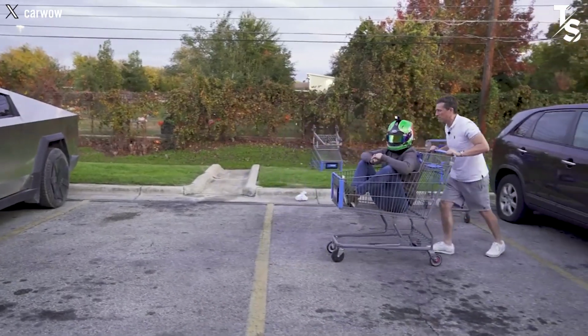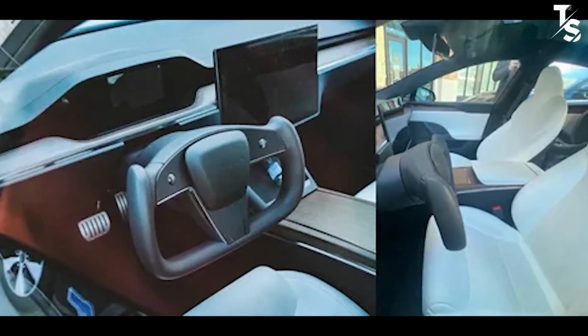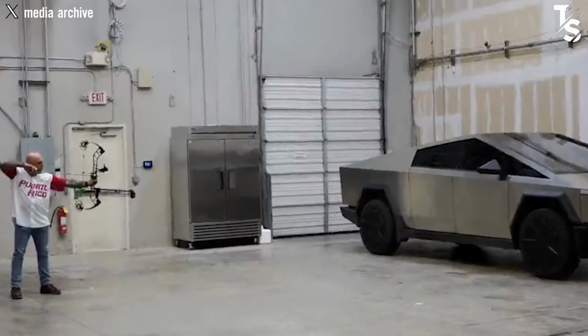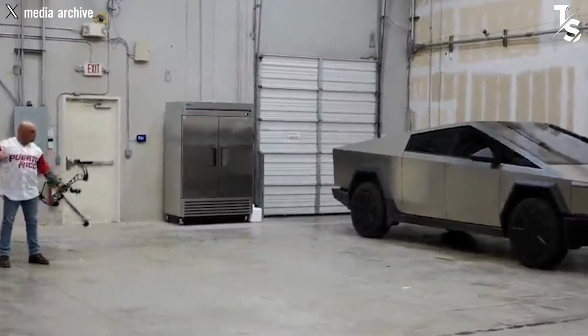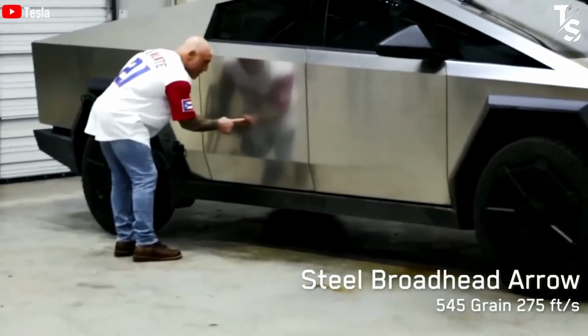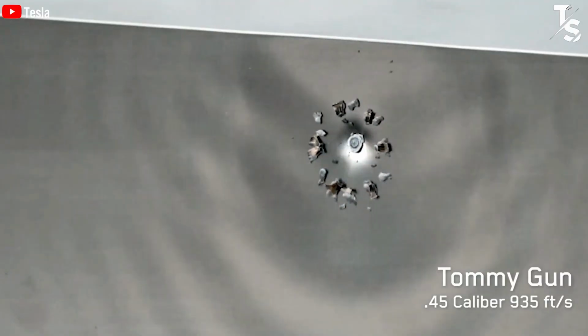Tesla not only demonstrated the excellent impact resistance of the Cybertruck, but also emphasized the importance of ensuring safety while maintaining a competitive edge in the increasingly competitive electric vehicle market. Tesla provided a convincing answer to the doubts surrounding the Al Capone-style test. The Cybertruck not only showcased absolute safety, but also made a strong and clear statement, affirming the authenticity of this